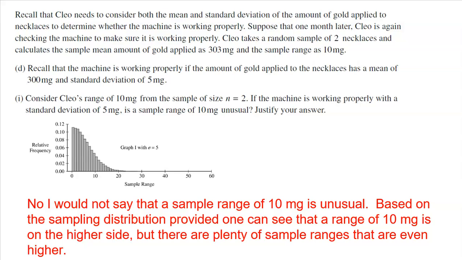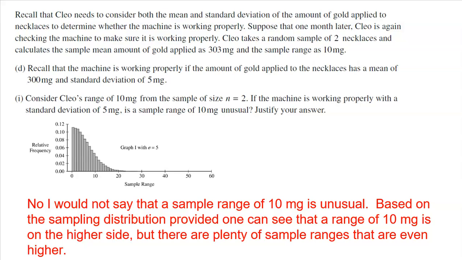Recall, the machine is working properly if the amount of gold applied to the necklaces has a mean of 300 and a standard deviation of 5. Okay, here's the question. Consider Clio's range of 10 milligrams. That was the range in her sample that she just took 1 month later. If the machine is working properly with a standard deviation of 5 milligrams, is the sample range of 10 milligrams